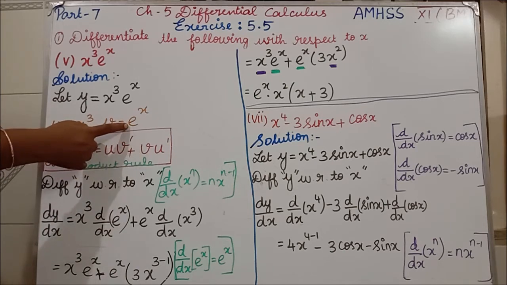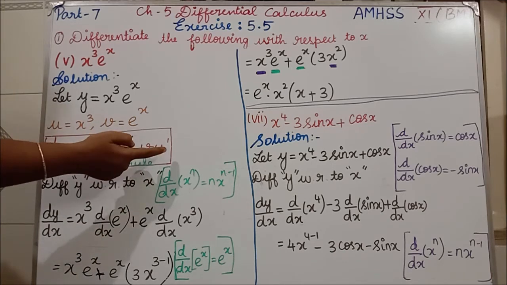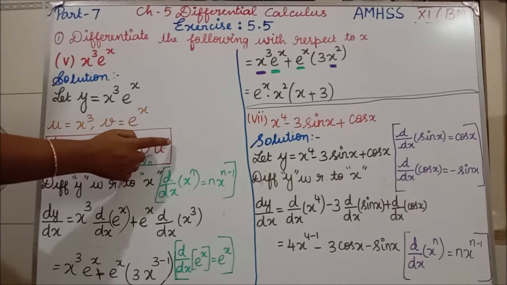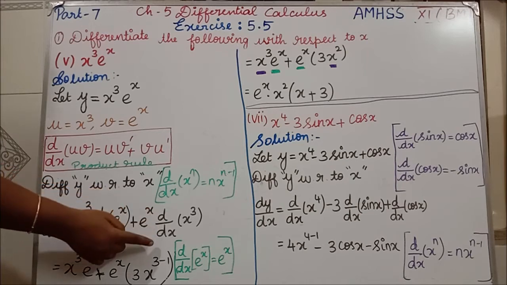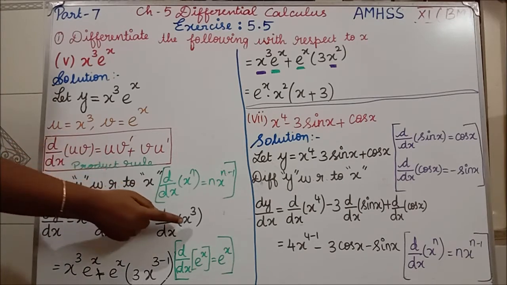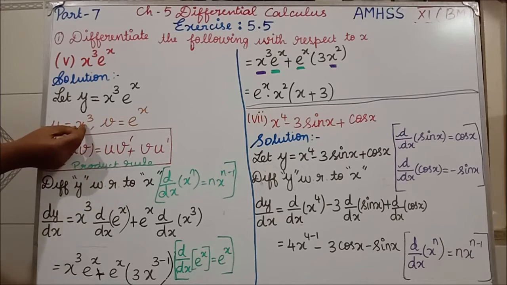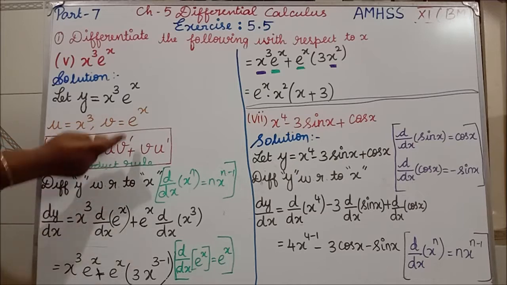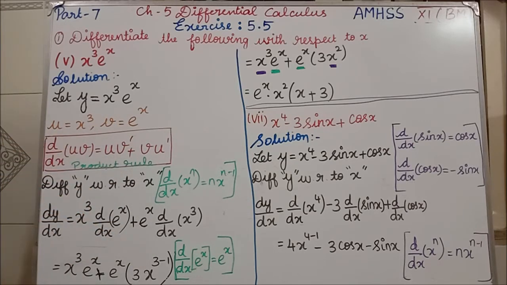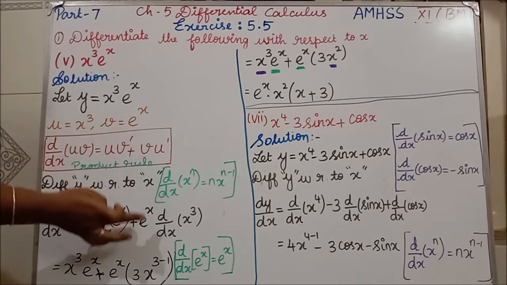Okay, v. What is our v? e power x. Now keep the e power x as such. Now what do we have to differentiate? u dash. Which means, what is our u? This u we have to differentiate. d by dx of what is u? x cube. Clear? If you need, I will explain one more time. You will see u v dash. u we have to keep as such, x cube. v dash means we have to see v. So d by dx of v is what? e power x. Here in the formula it is plus, so plus v, now we have to keep as such, e power x.